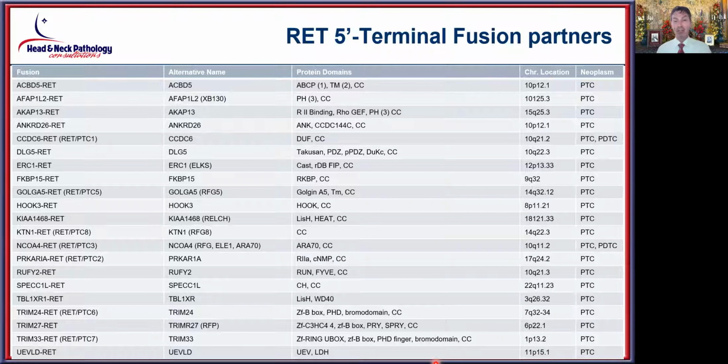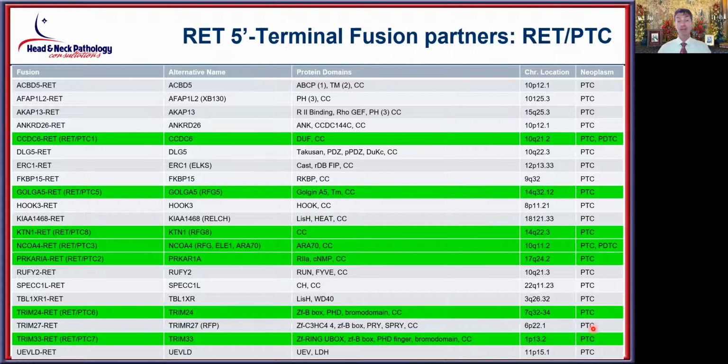I'm not going to expect you to memorize this, and it's purposely done a little bit small, just to show you that there are a myriad of different RET fusion partners, and they all have alternative names and specific domains, and then the specific neoplastic category in which they're identified. So these are the most common ones that we come across, and you can see that the CCDC6, the NCOA,